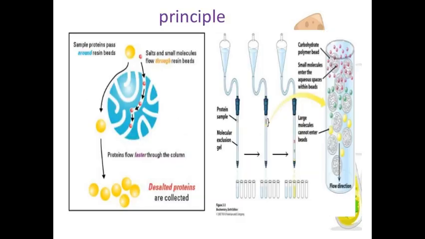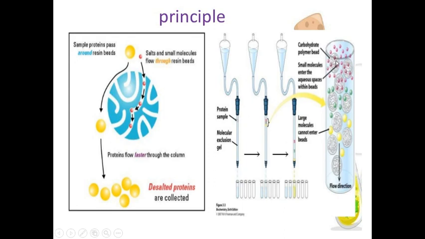Now we are going to discuss the basic principle of gel filtration chromatography. In gel filtration chromatography we require cylindrical tubing, known as the column of chromatography. This column should be filled with gel beads. You can see here, this one is the spherical gel beads. We pour these spherical gel beads into the column and fill the column totally with the gel beads.